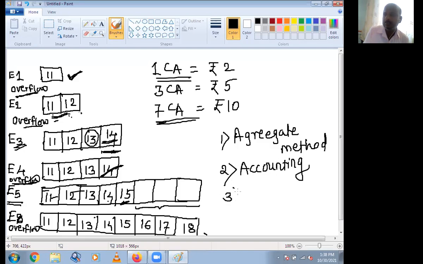And third is the potential method. Okay, we are going to see these three methods one by one. Before that, if you have any query, please ask.